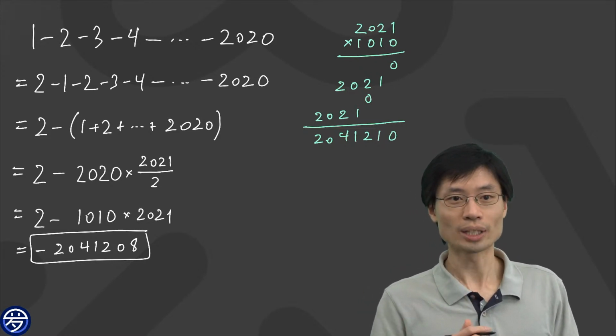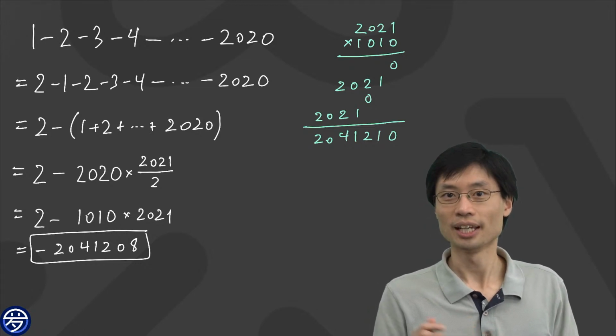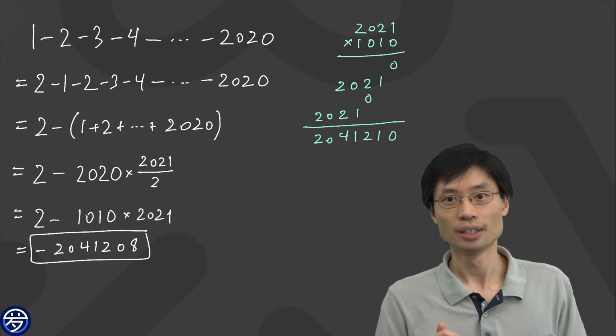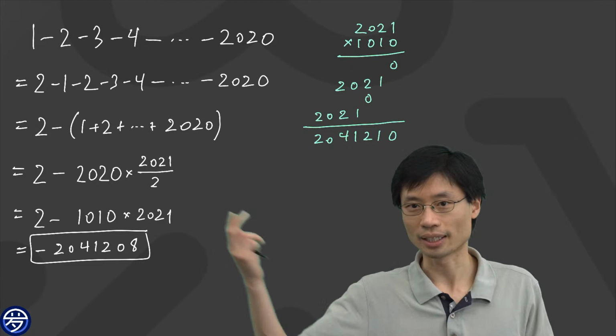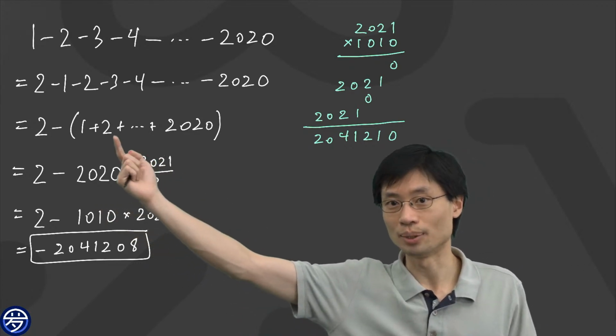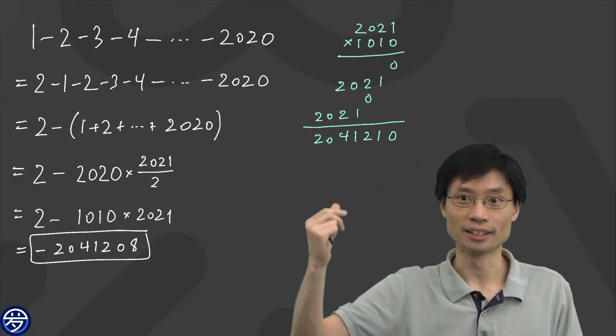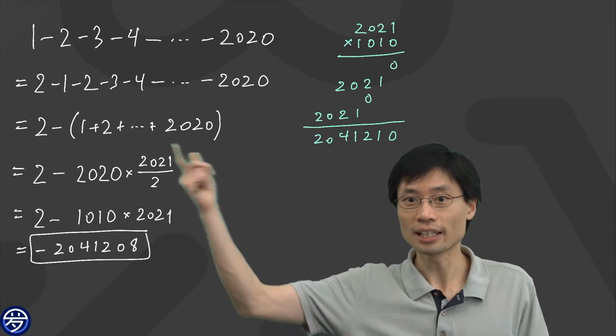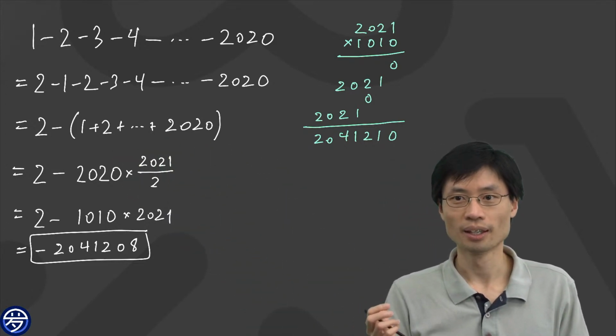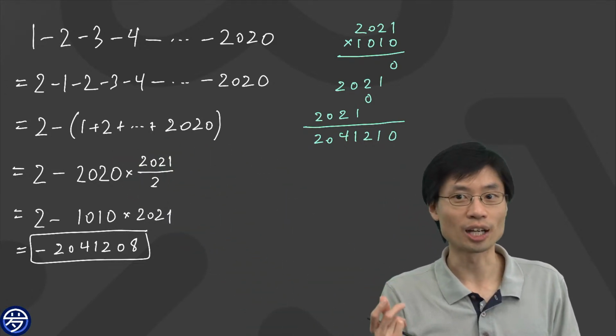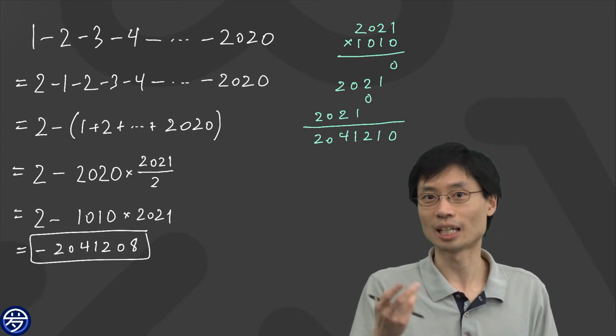James Jin, what's the best way to memorize something? It's to understand why it's true. It's to not really memorize something. Like here, you just saw me do the sum of the numbers 1 plus 2 plus 3 up to n. Many people remember it, that's n times n plus 1 over 2. That's dangerous. If you ever forgot whether it's n times n plus 1 or n times n minus 1, you're